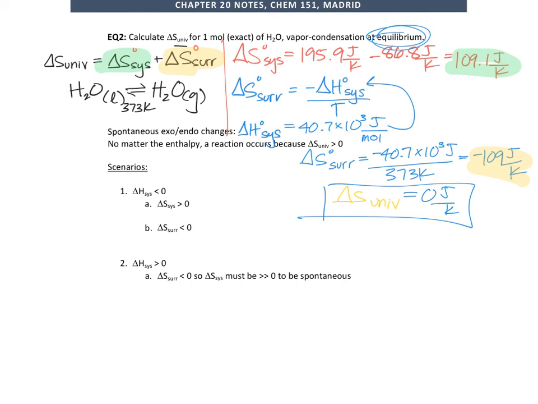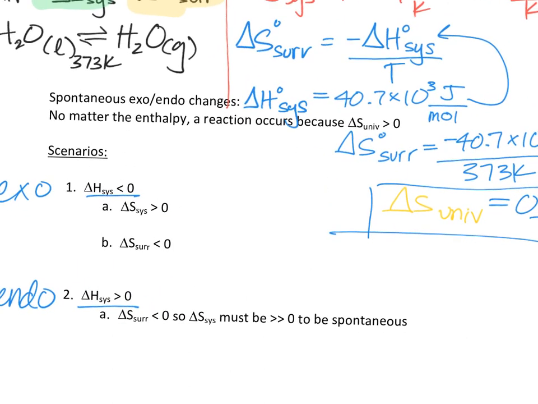So these are our two main scenarios we're dealing with. We're dealing with an exothermic process where delta H of the system is less than 0, and an endothermic process where delta H of the system is greater than 0. This is exo, this is endo. So what's the reason, again, why a process would be spontaneous? The heat is leaving the system in one case, and the heat is going to the system in another case. For example, in a case where the reaction is exothermic and spontaneous, you might have something like